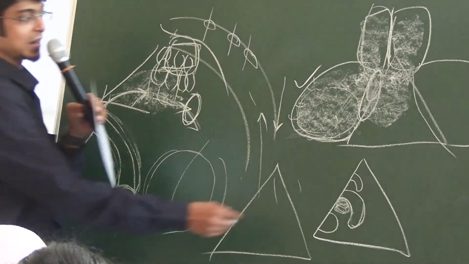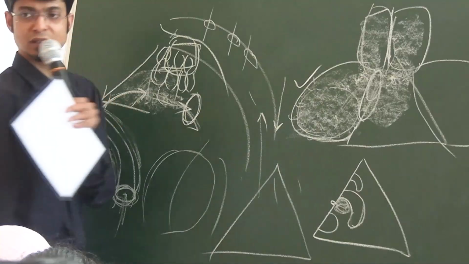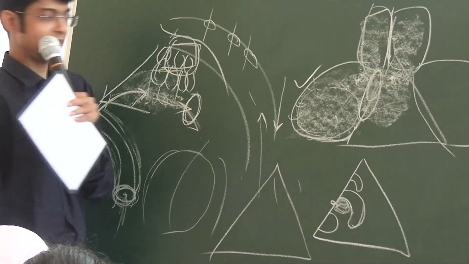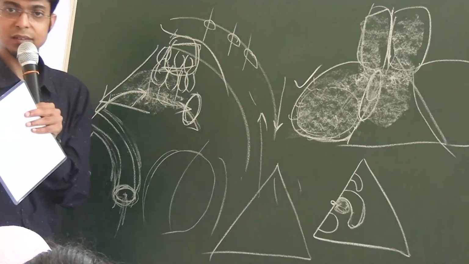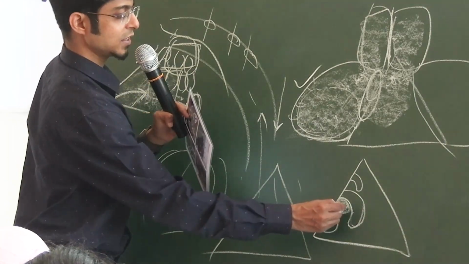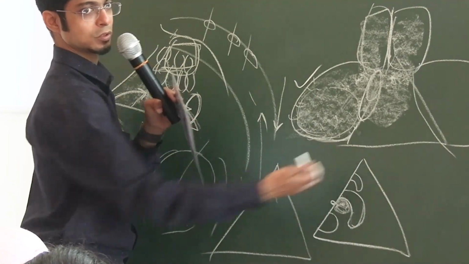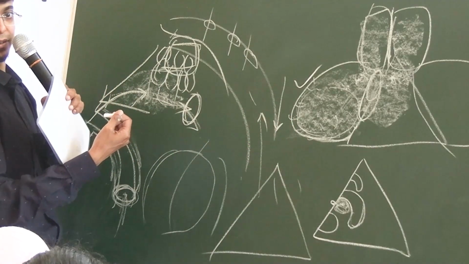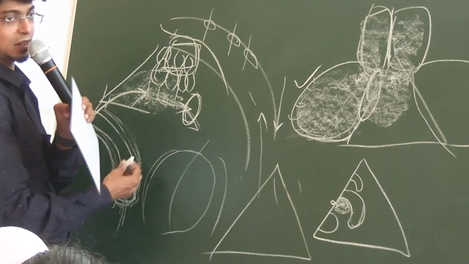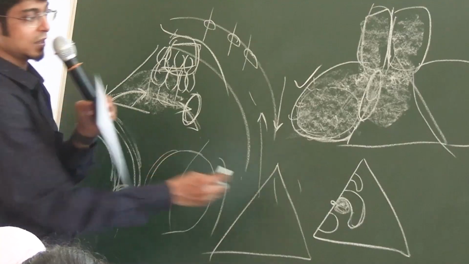So the maxillary ostium will be somewhere here. Ethmoidal cells will be opening from there. These are the anterior ethmoidal cells, and the posterior ethmoid. So the ethmoidal cells are coming from behind. The maxillary ostium is lateral.